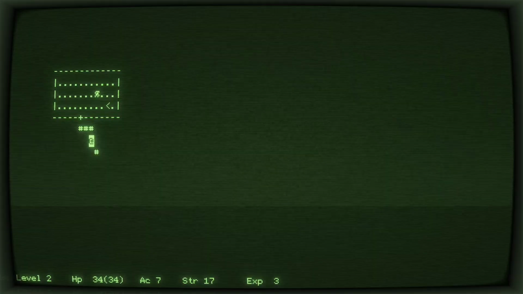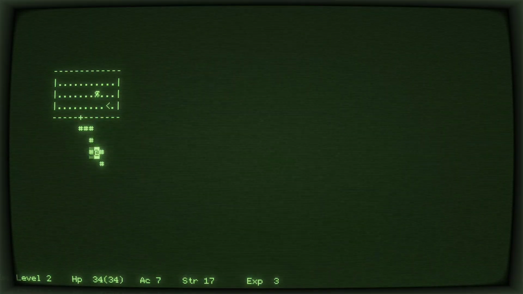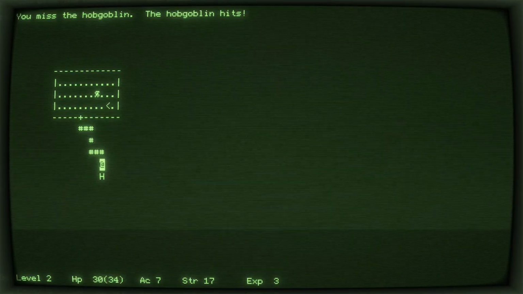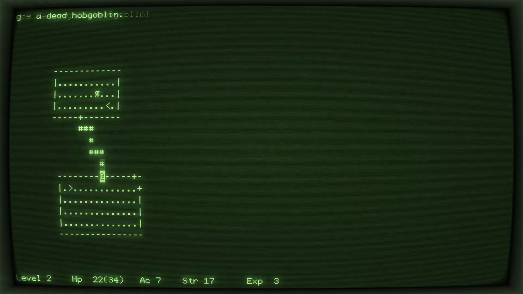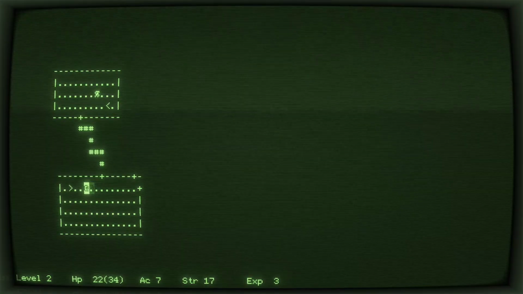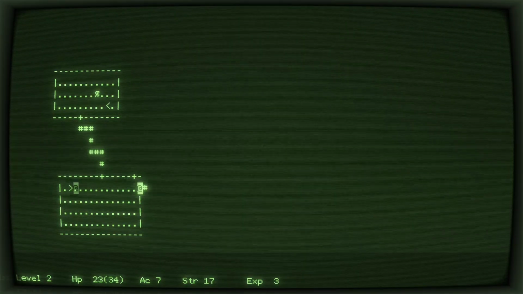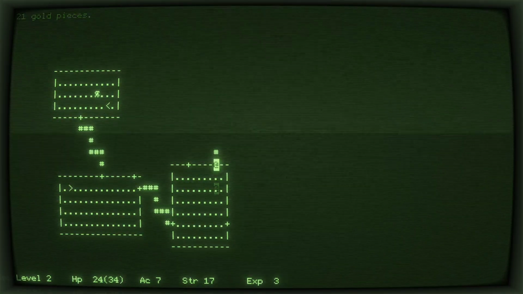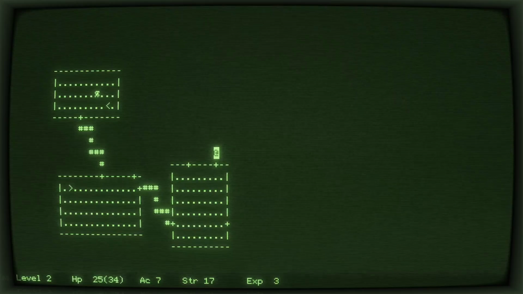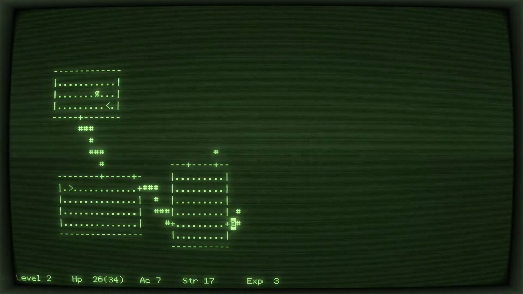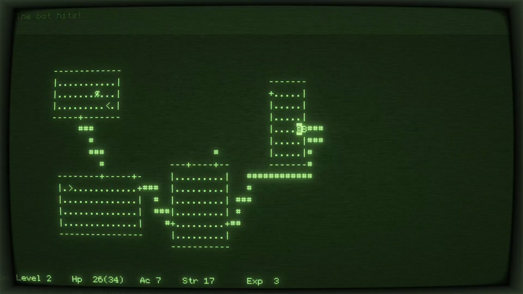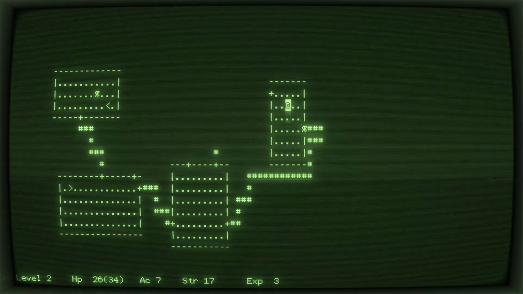I sometimes type capital versions of the movement letters because that's what allows you to keep moving in that direction until you come across something really significant. There's a couple other ways to do something similar for faster movements, but that's the main one I use. Nothing there. A bat missed us, okay. Destroy the bat.